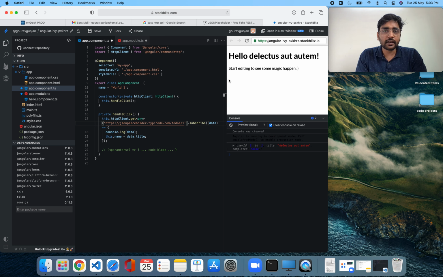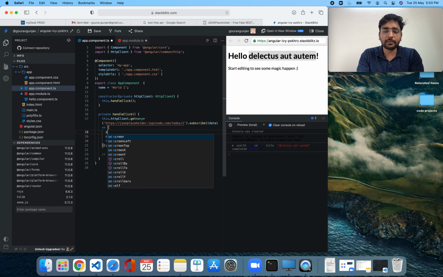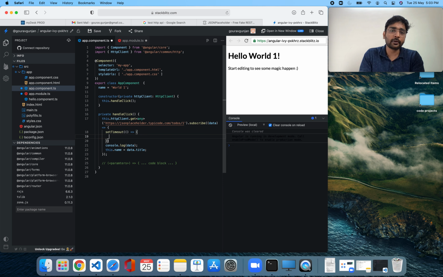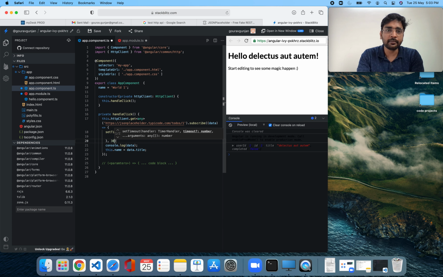Alright, so this is our function. And you can see the title has now changed. Now we'll do one more thing to keep it very clear. We'll set this time again. We'll write an arrow function just to be shown. So we are writing set timeout, which executes after some time, and this takes second parameter in milliseconds.